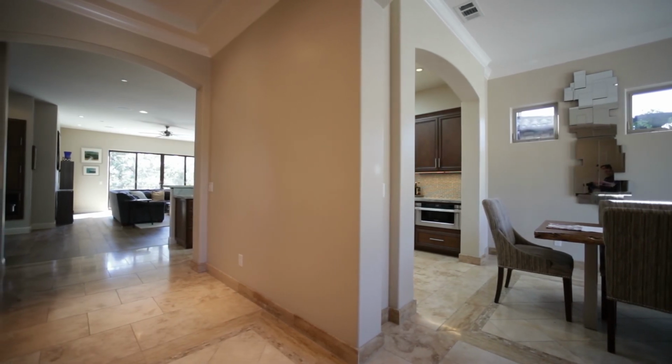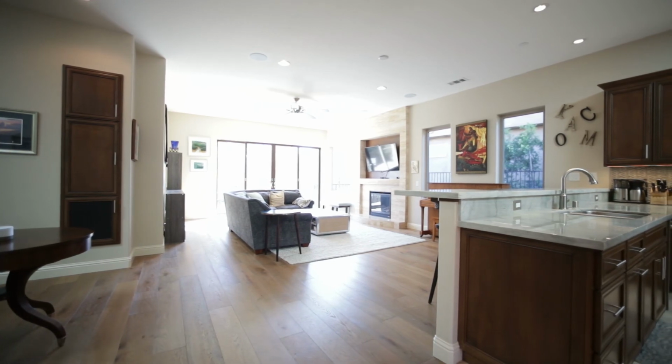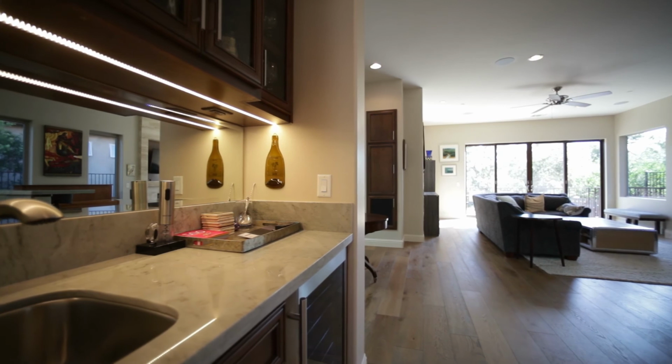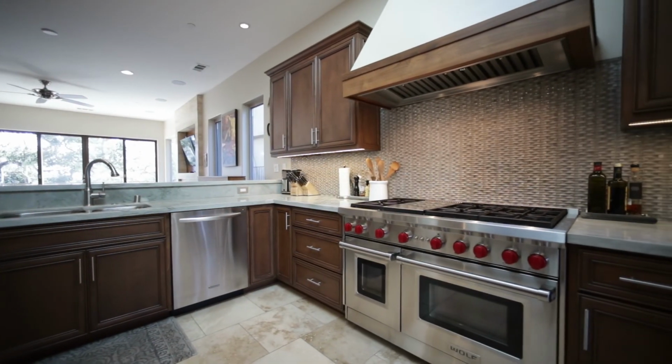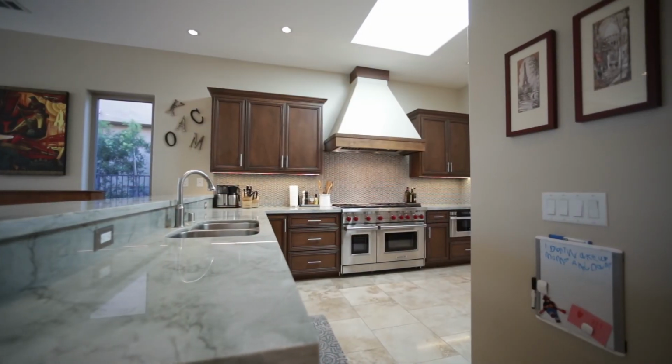It has a laundry room, the master bedroom, powder bathroom, dining room, the kitchen, the living room, all on the main floor, so you would never need to use stairs. The home was designed with a custom wet bar. It has a large kitchen with dual Wolf oven, a Sub-Zero refrigerator,